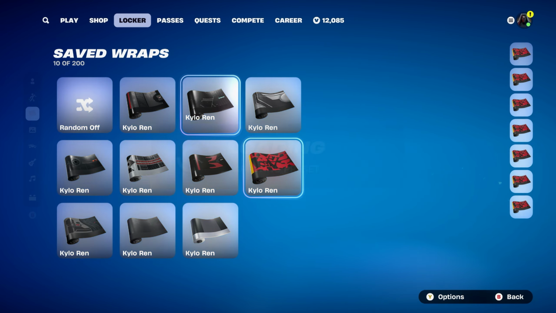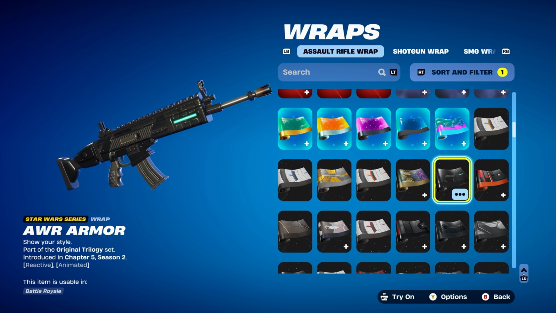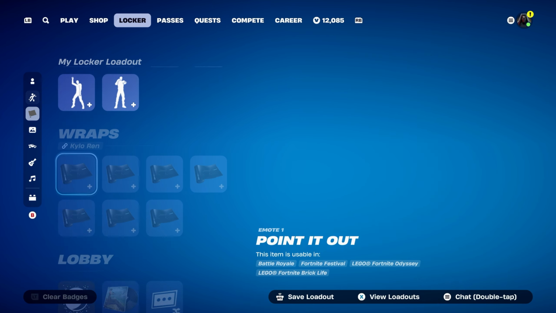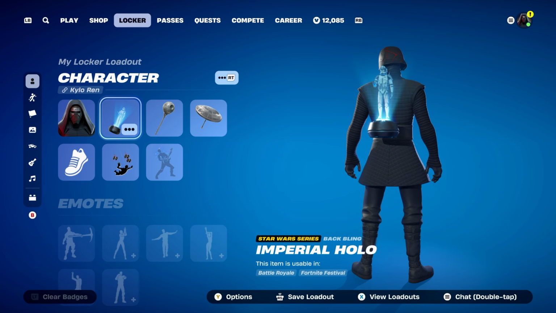Second Weapon Wrap is AWR Armor, that can be bought in the item shop, part of the original Trilogy Set, introduced in Chapter 5, Season 2. Works nicely for the black and the Star Wars theme as well. Let's move on to combo number 3 now, and this combo is from items that are from this season,